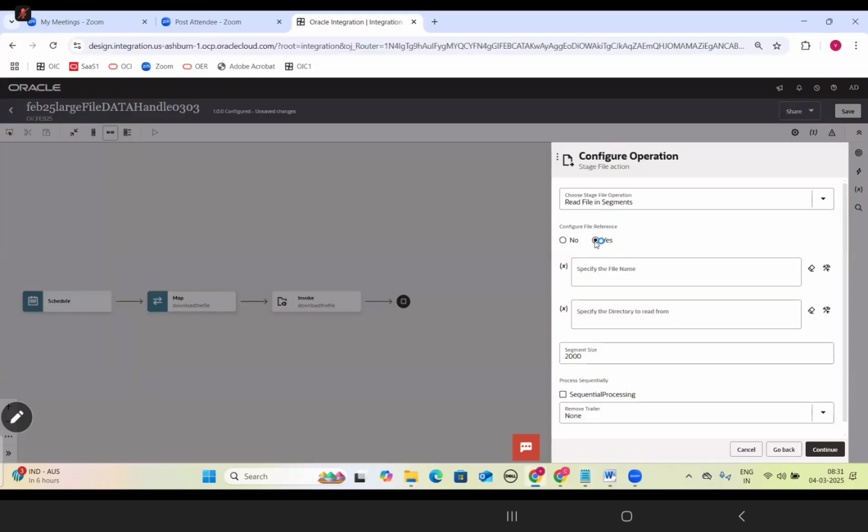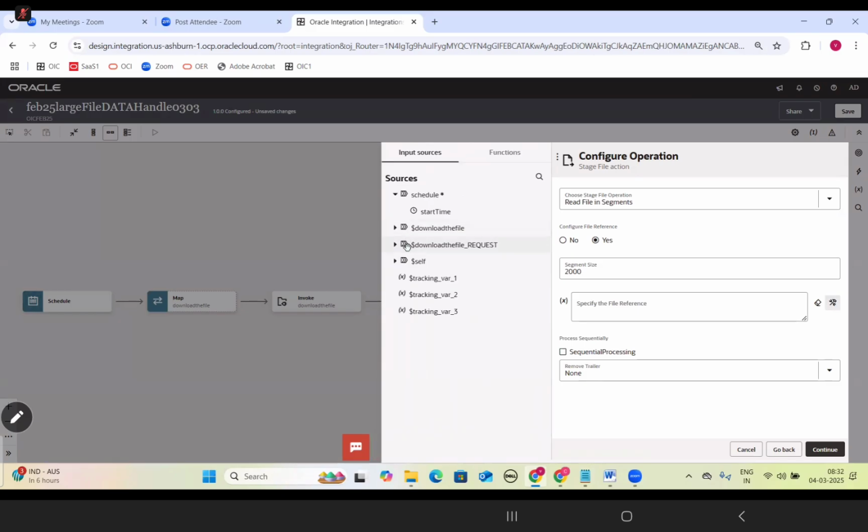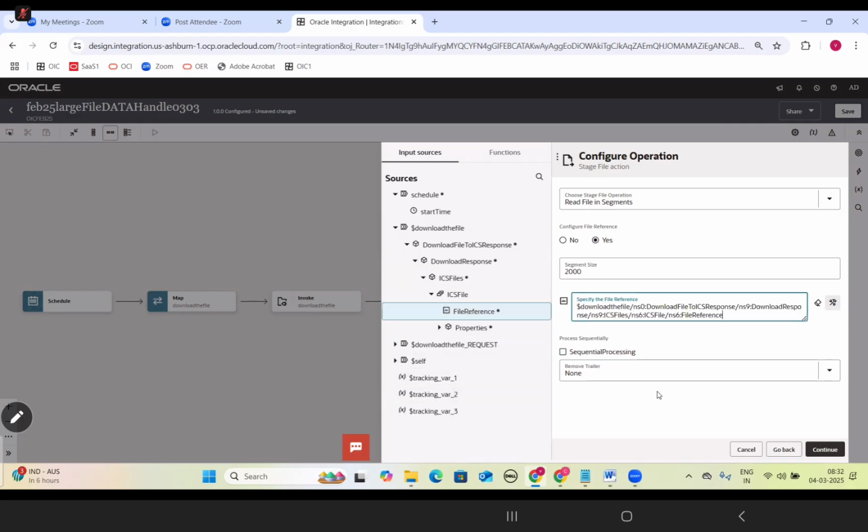For the file reference, you can use the download file response; you will get the file. Here the segment size is 2000 records. Use sequential processing, because I want the files to be generated sequentially.